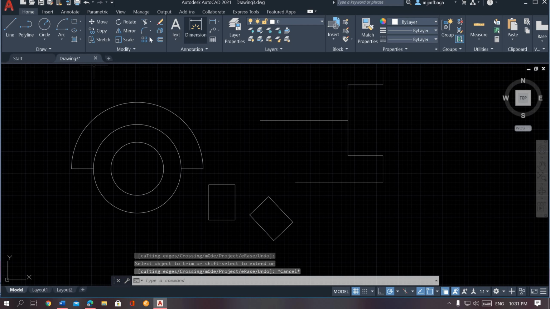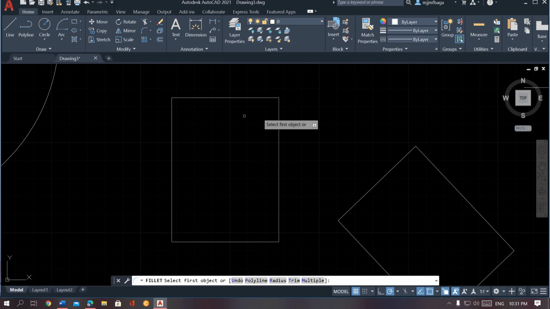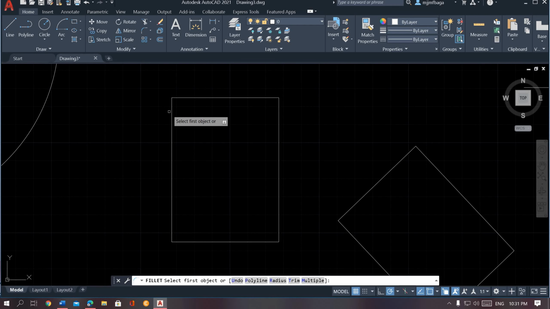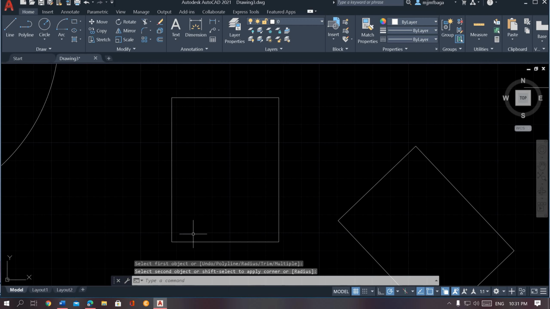For fillet, it is basically rounding of the edges. So let's explode this object to separate it into its pieces. So use fillet, click in the sides and type